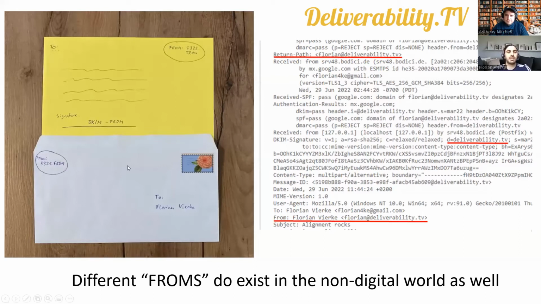For example, if you imagine a snail mail letter, you have a from field outside on the envelope already. But when you put a letter in it, you write again who you are on the top right. And last but not least, usually you sign the letter at the end with your signature. That means it's also three times that you tell who you are,